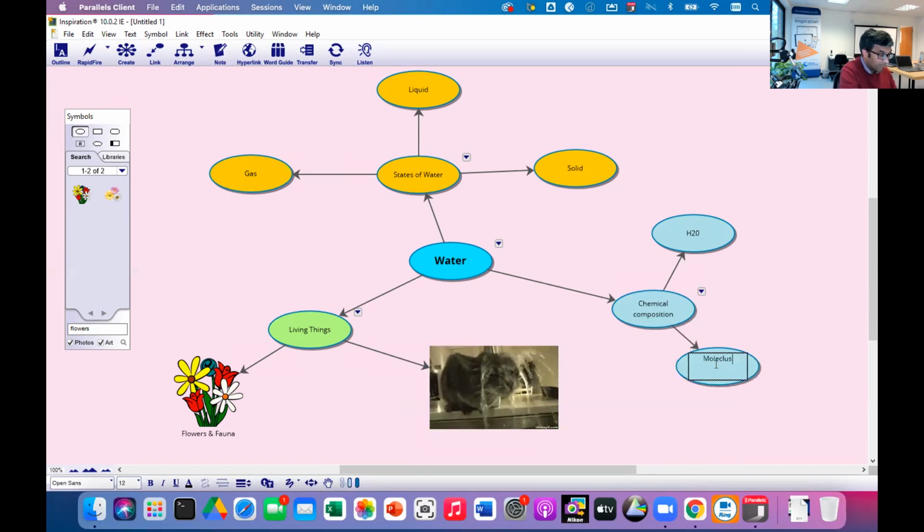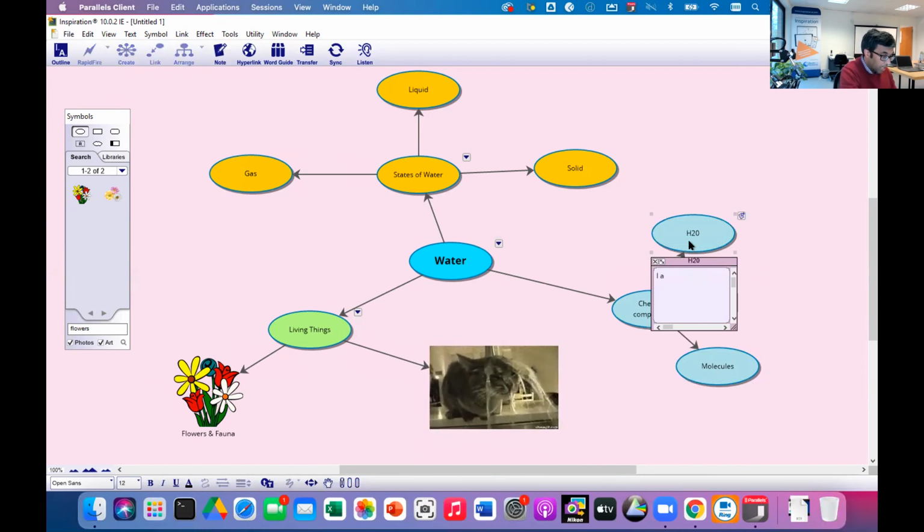Molecules. Add a note. I am adding my notes to expand on my